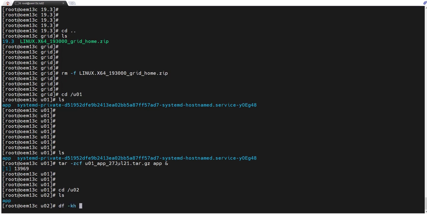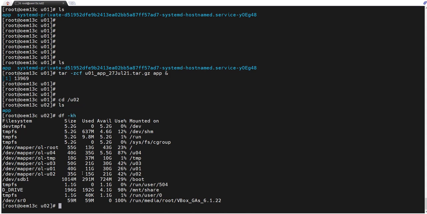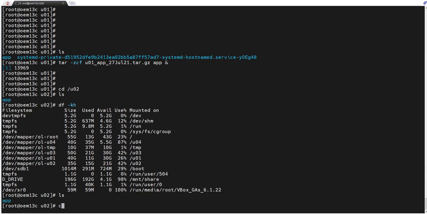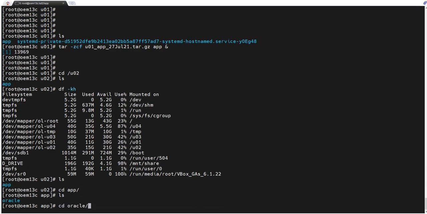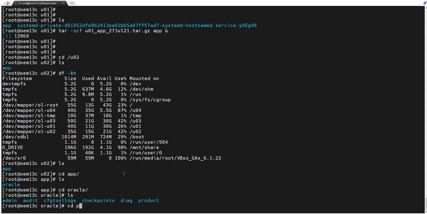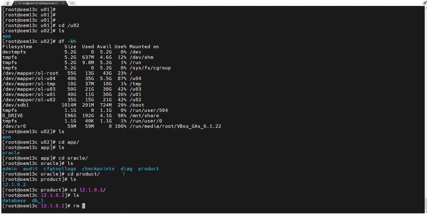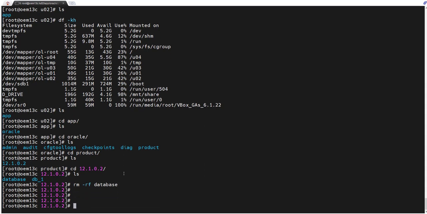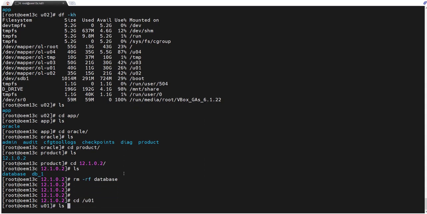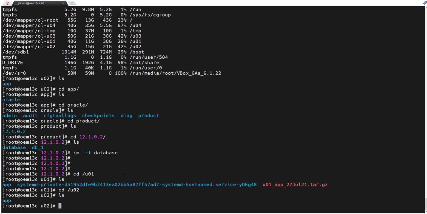tar file also. So let me check the size of u02. U02 used is 15 GB. So I will also go and delete the DB installation software. I will remove this database. Then I will go to /u02. Then I will run the tar command, tar -zcf